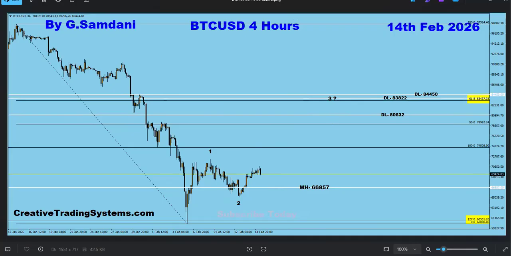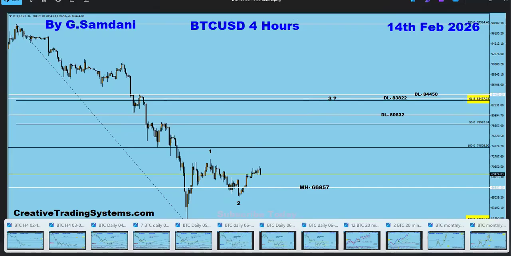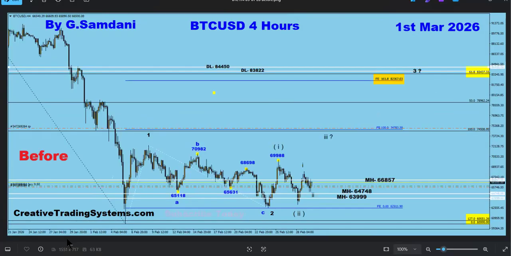Let me see if I made one more chart. I guess like this one, and this is what really happened. I just explained to you that, before the turn, this is what happened. A lot of wobbling here. There was wave 1 and 2, I thought maybe 2, but then again it went up and came down, up, down, ranging, ranging. So I said, well, no problem.